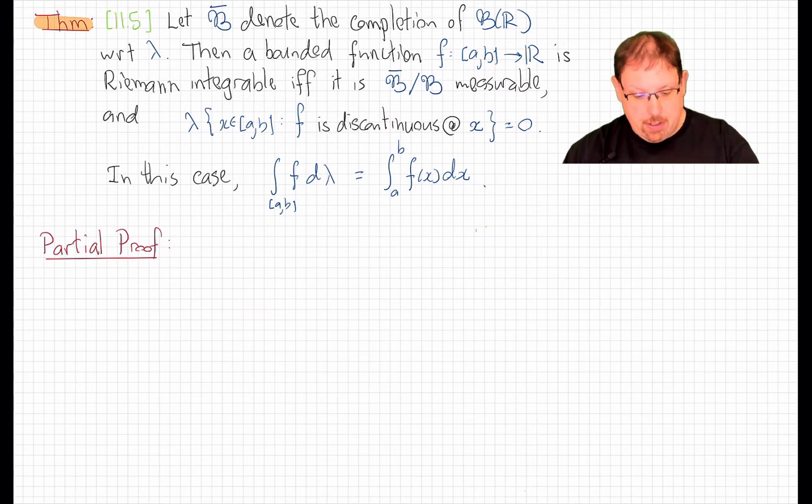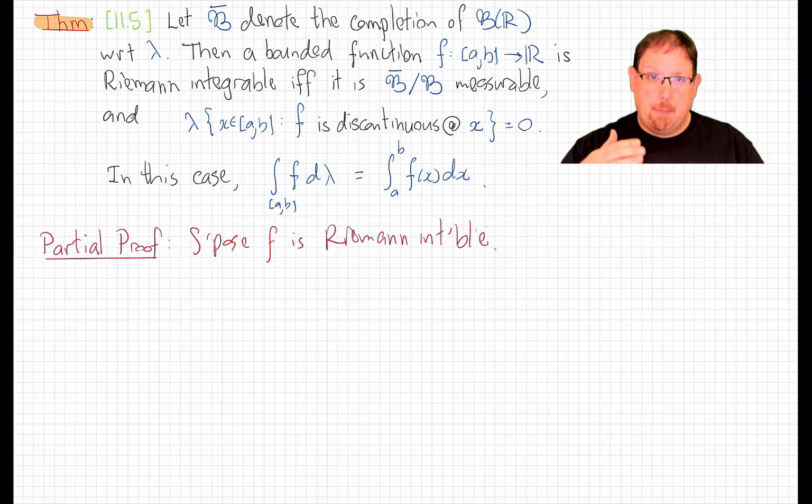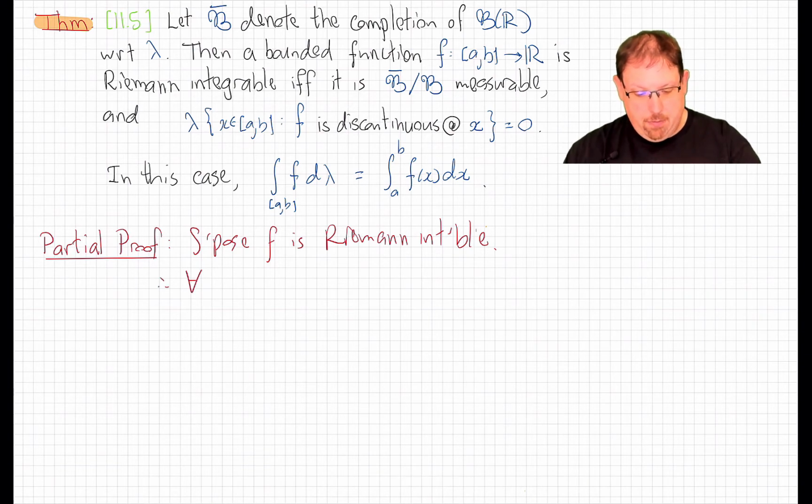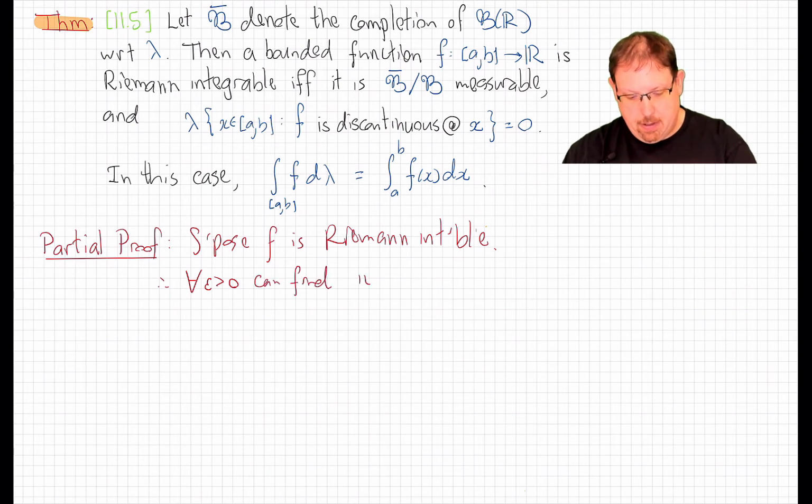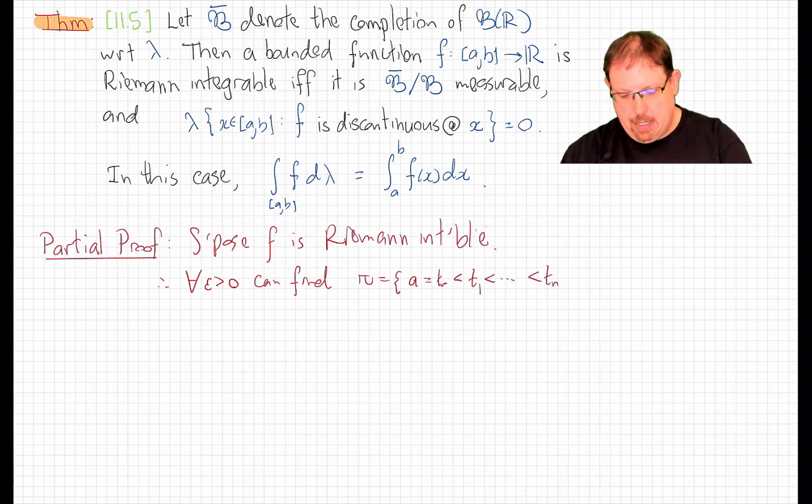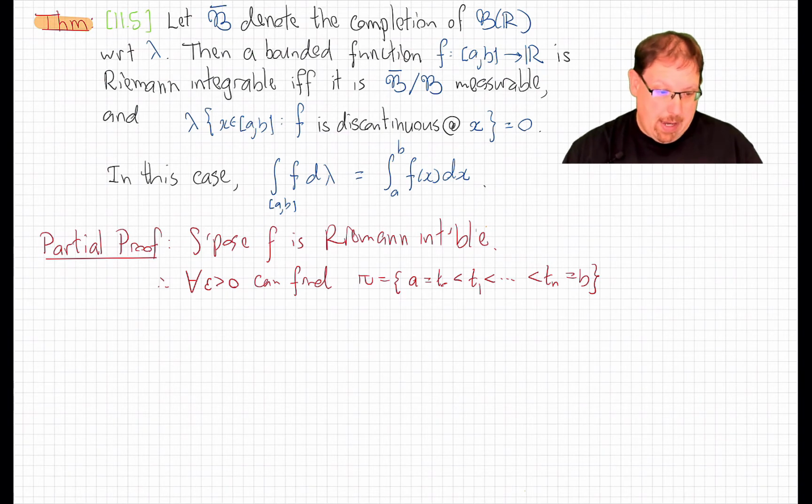Suppose that our function is Riemann integrable. Okay, well, what does that mean? That means that its upper and lower integrals over partitions get closer and closer together as the partitions are taken to have finer and finer mesh. So in particular, what it means is that for any tolerance epsilon, we can find a partition, pi, which we'll write as usual as some partition points t0, t1, up to tn on the interval from a up to b,